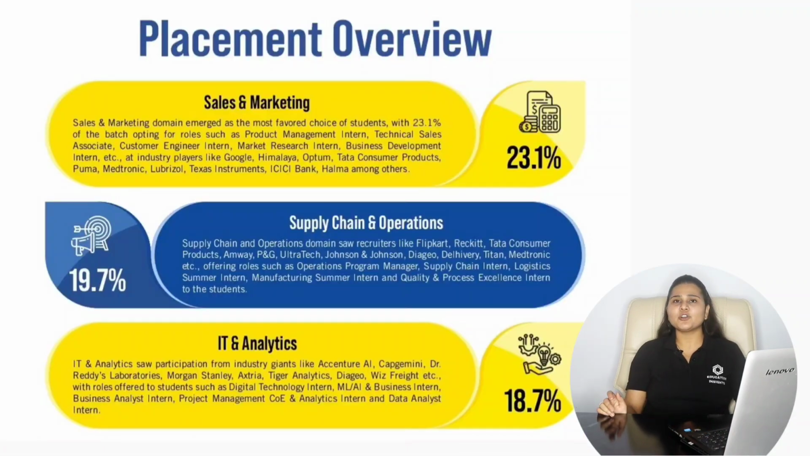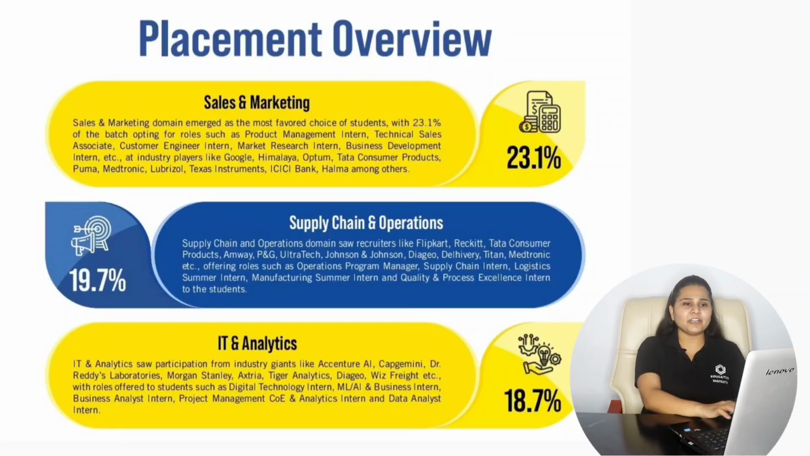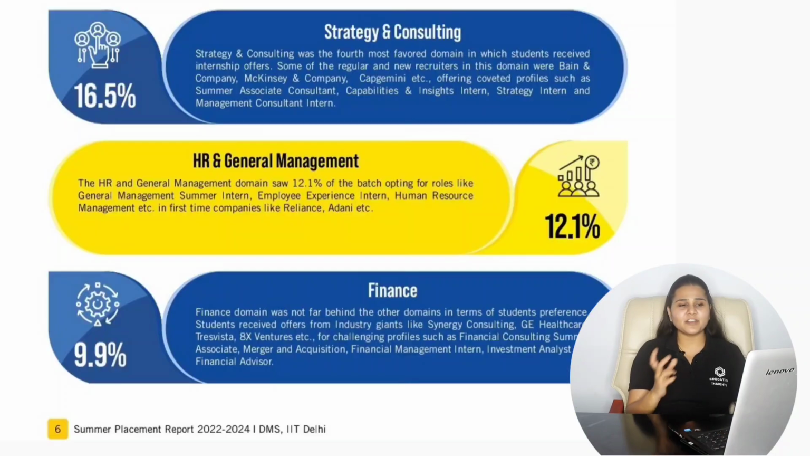If we consider the overall placement overview, then 23.1% of placements were from the sales and marketing domain, 19.7% were from supply chain and operations, 18.7% were from the IT and analytics domain, then 16.5% were from strategy and consulting, and for HR and general management, 12.1% placements were there and 9.9% placements were from finance. So this is all about the placement statistics for the batch of